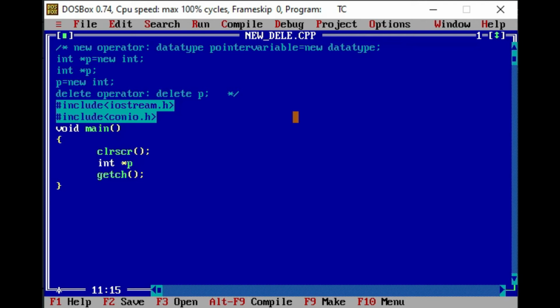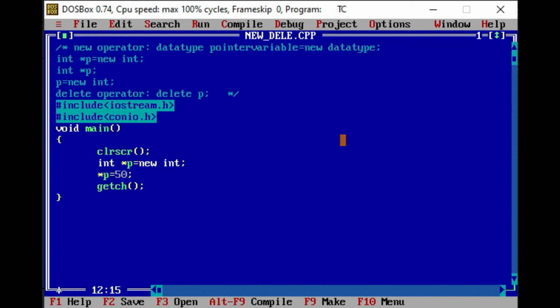Here I am taking the pointer variable p of integer type, equal to new int, to specify that I want 2 bytes of memory to store integer data. Now after that I am storing the value at that location. So I can write *p = 50, suppose.